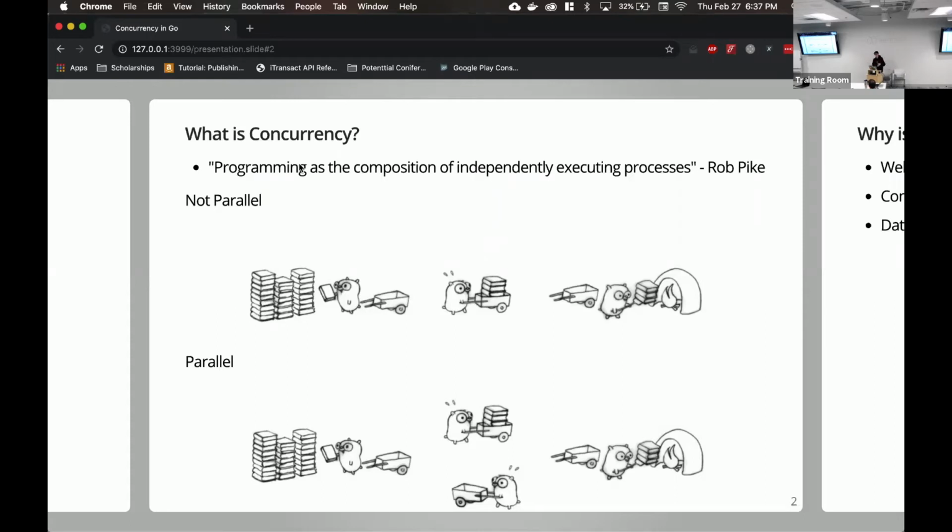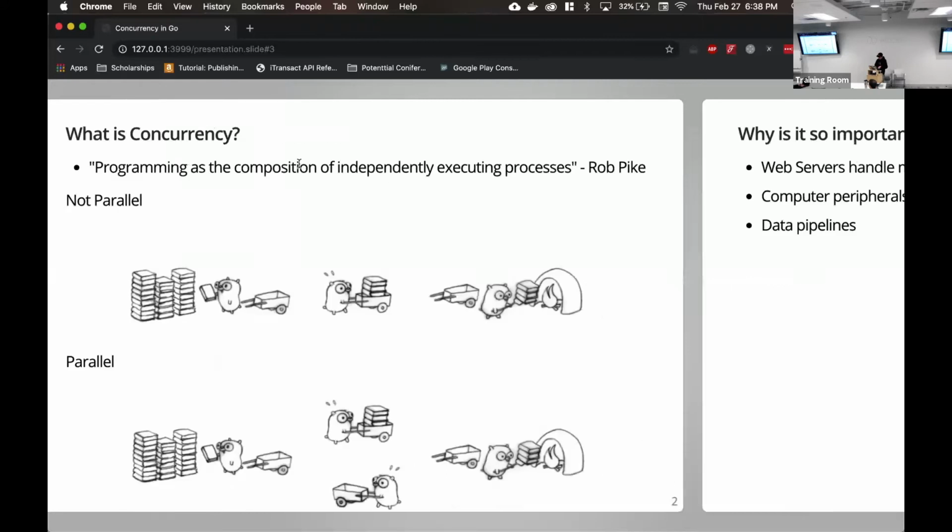And that's not necessarily the goal of concurrency, but it's kind of a nicety of concurrency where you can make things parallel. So in this case, we have the gopher who is loading things into the cart, the gopher who's running the cart over, the gopher who's burning the books, and a gopher who is running the cart back. And the gopher running the cart to and back can run it at the same time, and therefore you can get higher throughput on burning your C++ books.